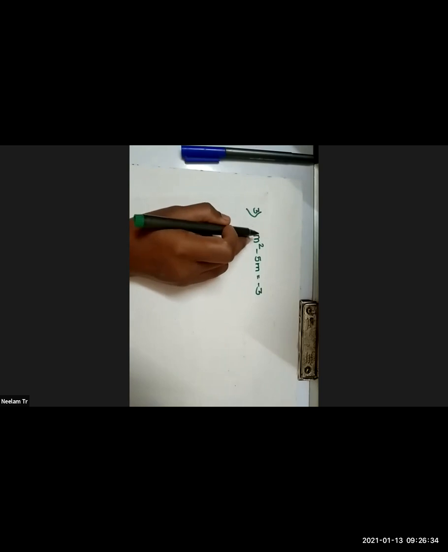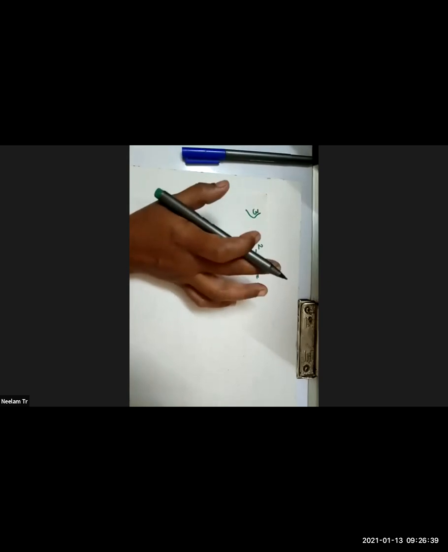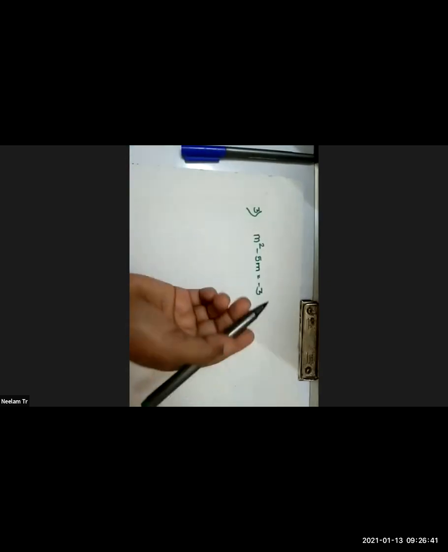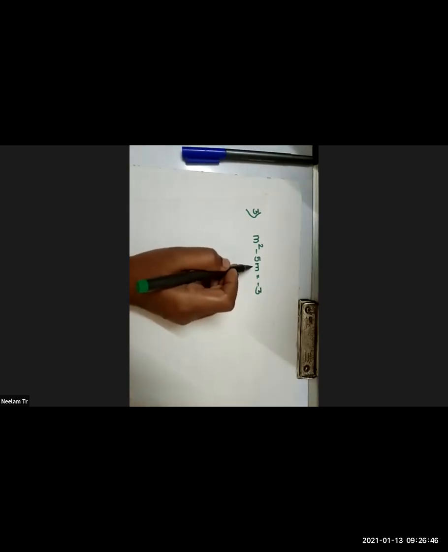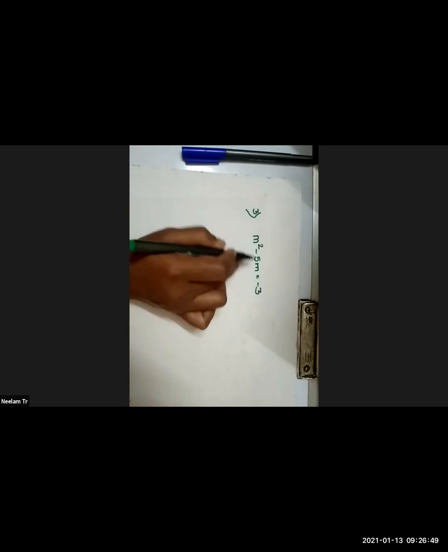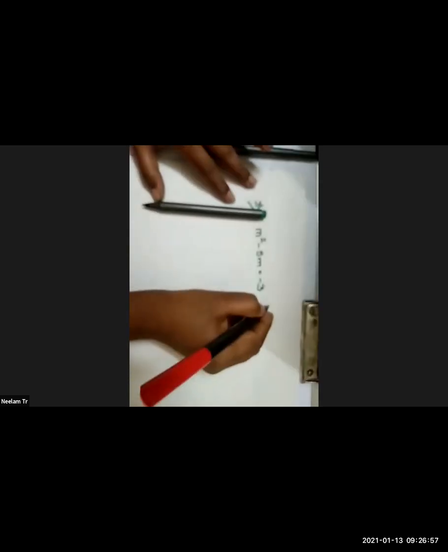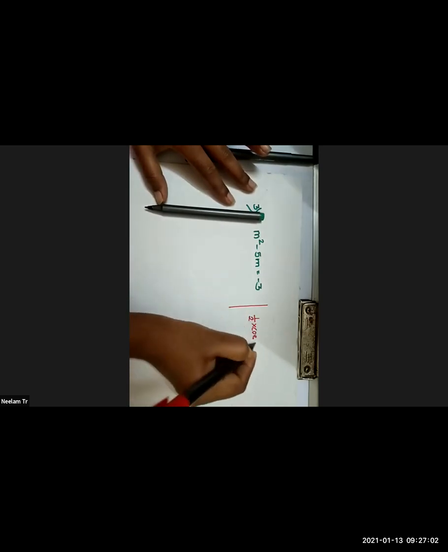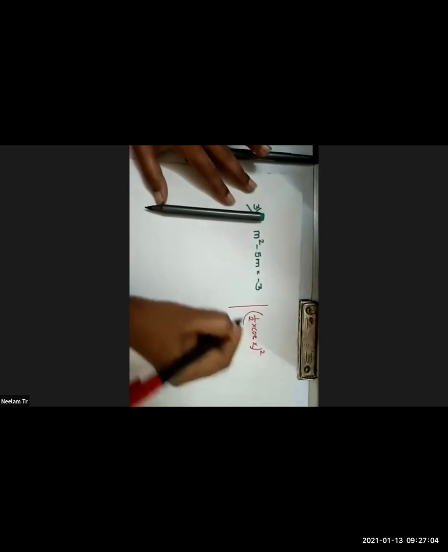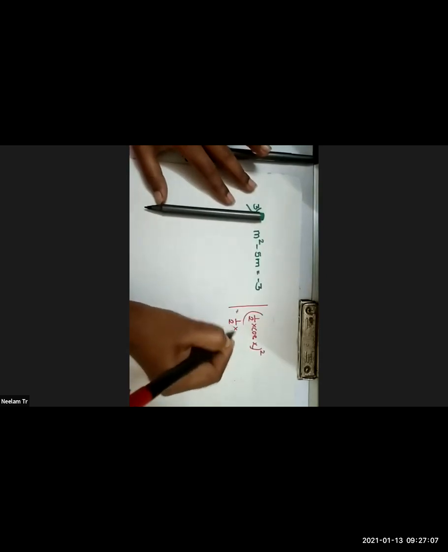So our first step is to make a coefficient of x is 1. As it is already 1, this equation is already, the m coefficient is already 1. There is no need of making it 1. So a third step is to find the value which on adding it will make it a complete square. What you will do for that? Half into coefficient of x. Okay, so half into minus 5.